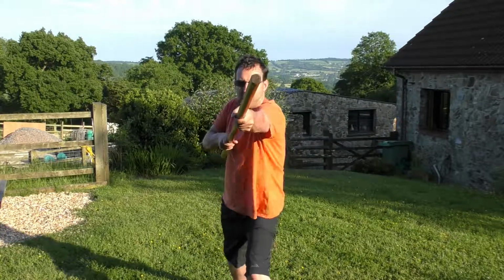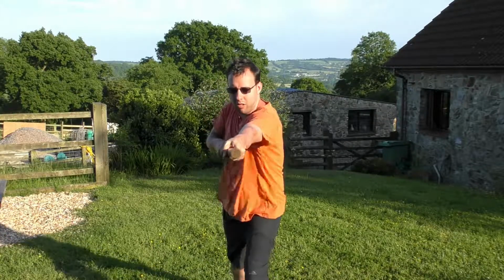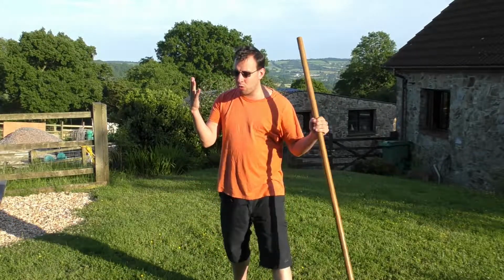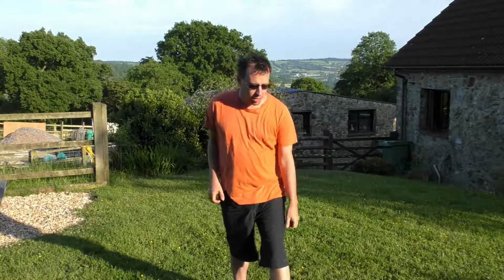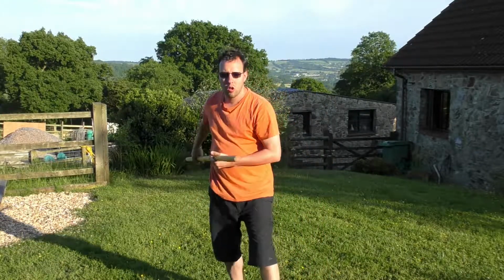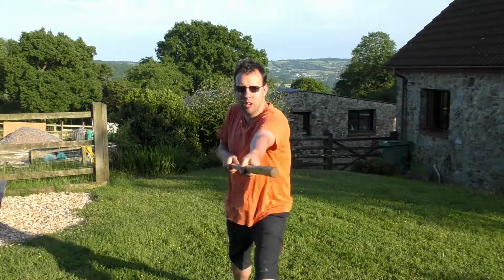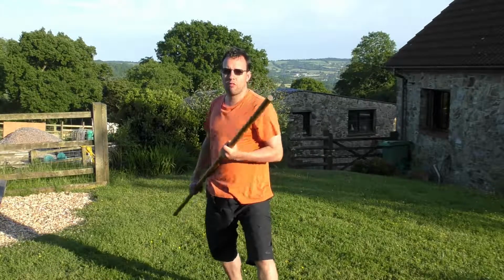Also, you're pushing forward with this arm like a punch, but the back hand is also pushing forward. It's almost like a double punch. So punch, punch, but together. This arm is pushing forwards and this arm is pulling it forwards, but it's together and then back together. You could, if you want, come back with a little block and then strike, come back with a little block,